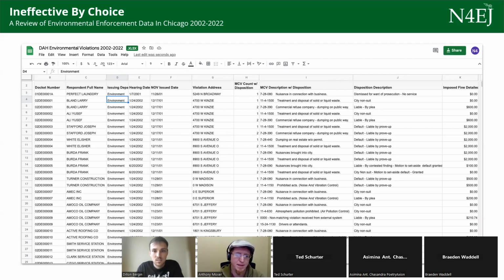And I should mention the Google Doc that Dillon shared has a link to the report that we put together. At the end of that report, there are links to all of our source data and a lot of the stuff that you're going to see here. So if you're interested in taking a closer look at that part of it specifically, those resources are there.